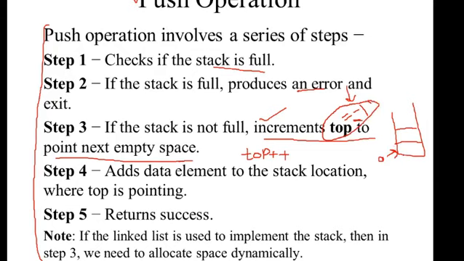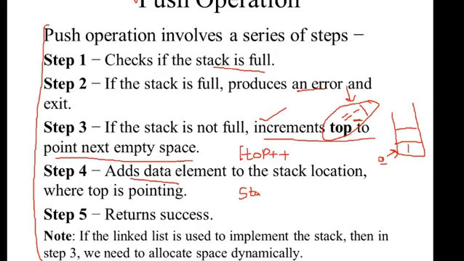So for the first element you need to insert, there should be a particular index value where you insert, and that block or index value should be vacant. So first you need to perform top++. Then add the data element to that particular location by using a simple step we use in array insertion. There is a process in the next slide also, so rather than writing it here, I will explain it in the next slide.